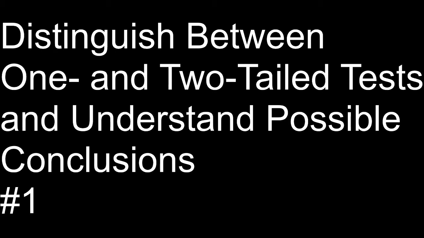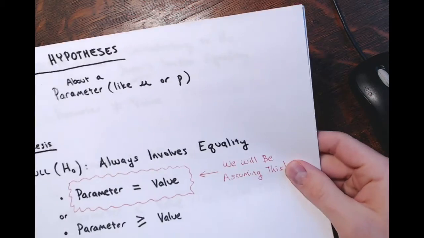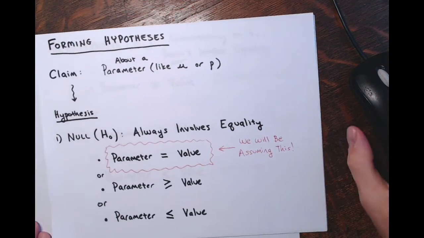Now, hopefully you've seen me in previous sections, previous objectives, talk about one-tailed and two-tailed tests. I'll go over it again here. And this is part of the process of hypothesis testing that I've been going over in the past several objectives. So remember, in the process of hypothesis testing,